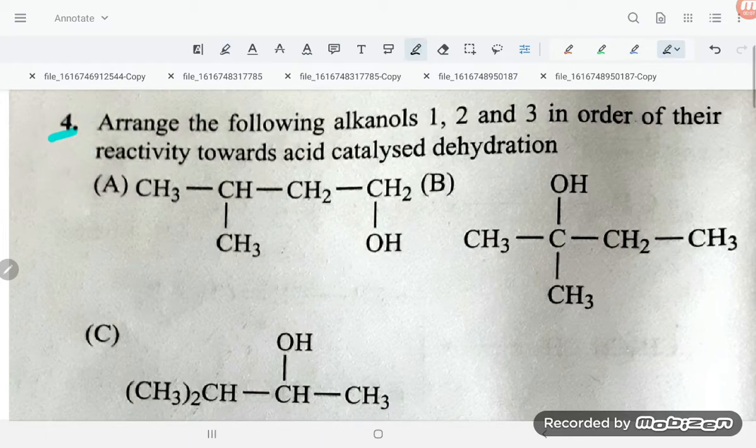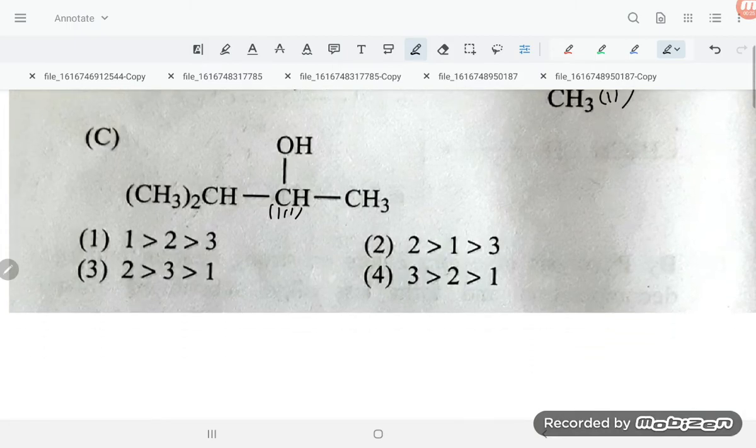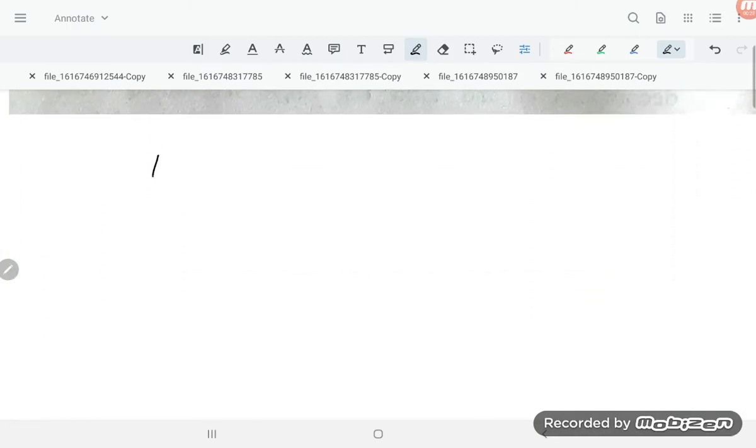Okay, so in problem 4 they are saying: arrange the following alkanols, alcohols 1, 2, 3. This is 1, this is 2 and this is third, in order of their reactivity towards acid catalyzed dehydration. So the dehydration reaction, if you talk about dehydration of alcohol,